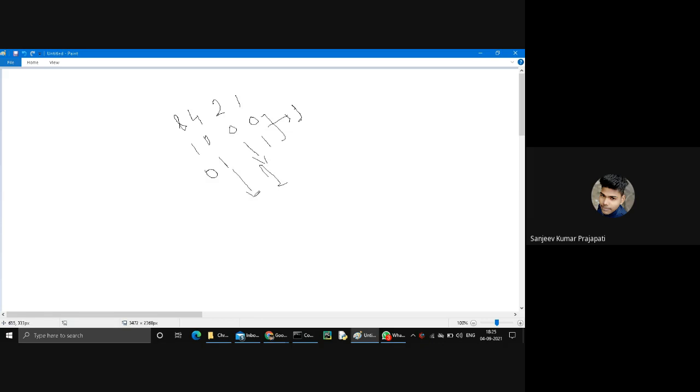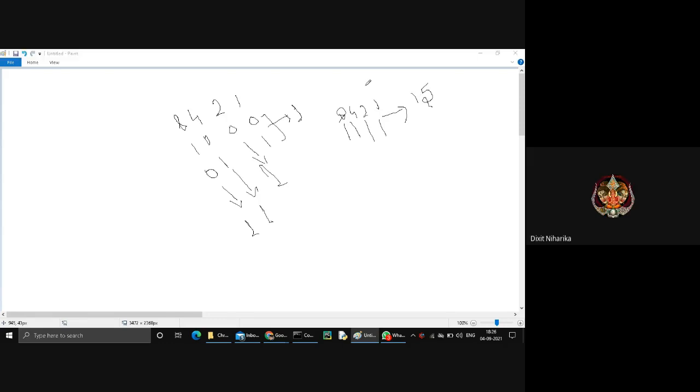So in each of the remaining cases, we get 1. So my final binary number is 1111, and it's the same as 1, 2, 4, 8. So 8, 12, 14, and the answer is 15.